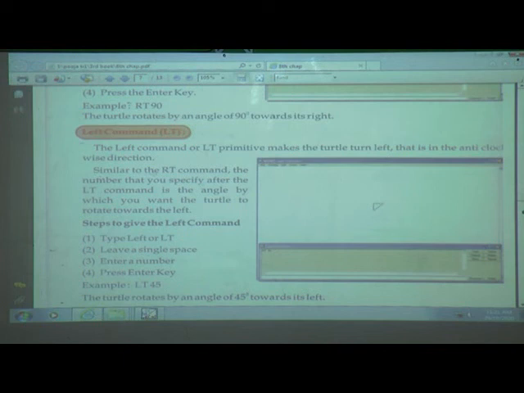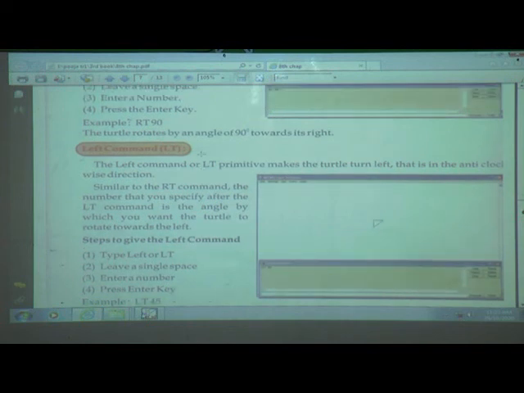Similar to the RT command, the number that you specify after the LT command is the angle by which you want the turtle to rotate towards the left. If you write 90, then the turtle will move 90 degrees.